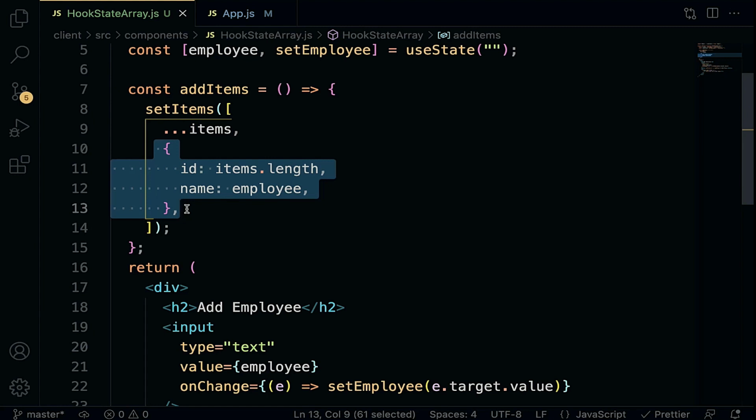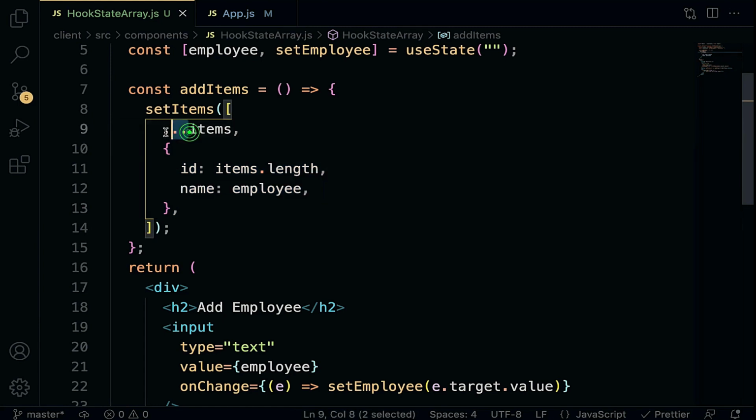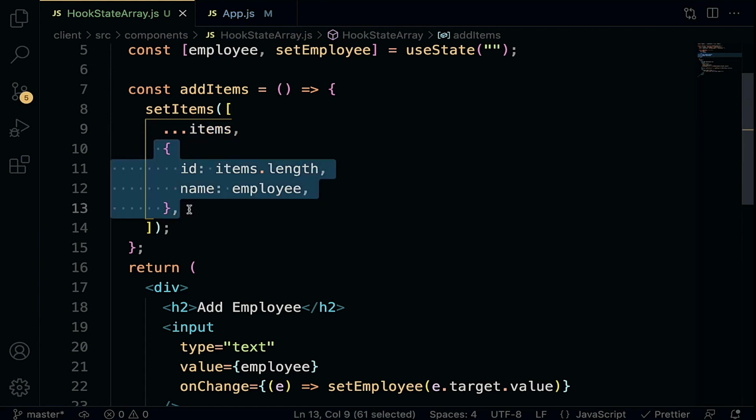So in summary, when working with array as a state variable, first, you have to make a copy of the items using the spread operator. And having done that, you have to append a new item and pass it as an argument to the setter function. This is all for now,